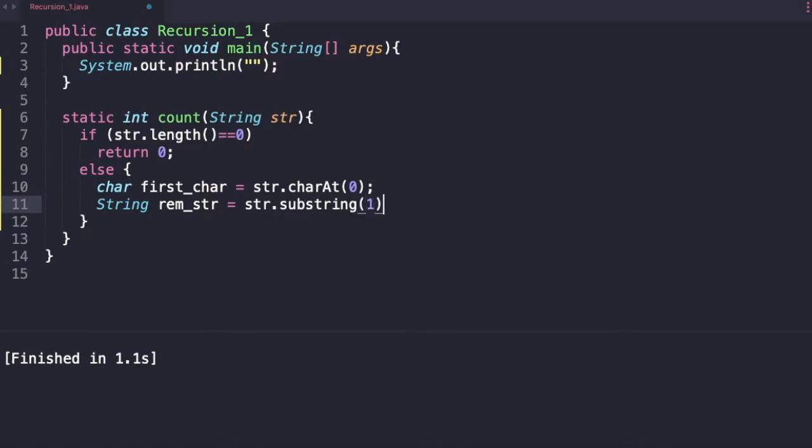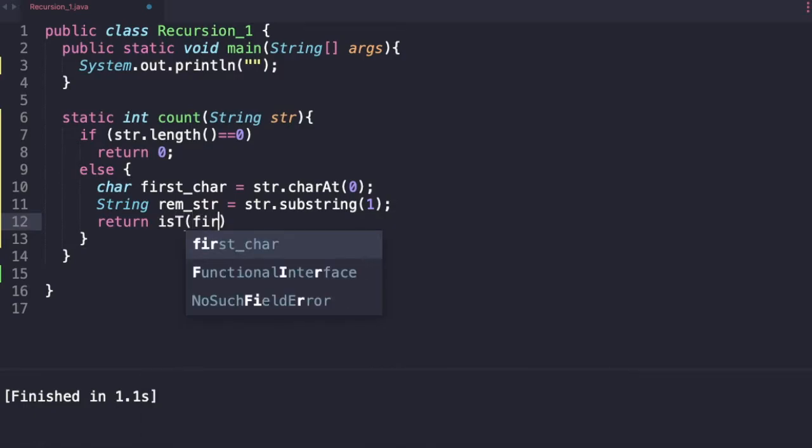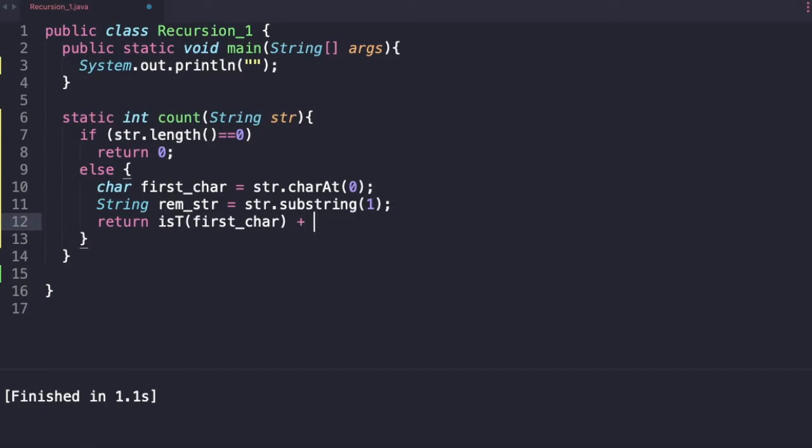So we have taken the substring starting from 1. So now that we have reached here, what should we return? Return isT firstChar plus count remaining. That is what we need to do.